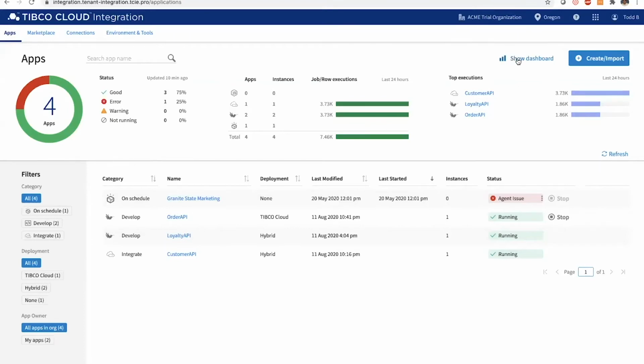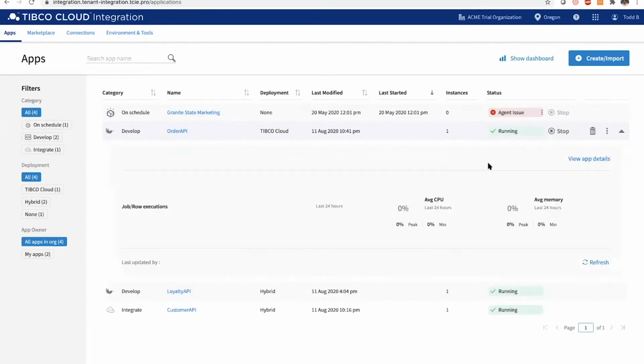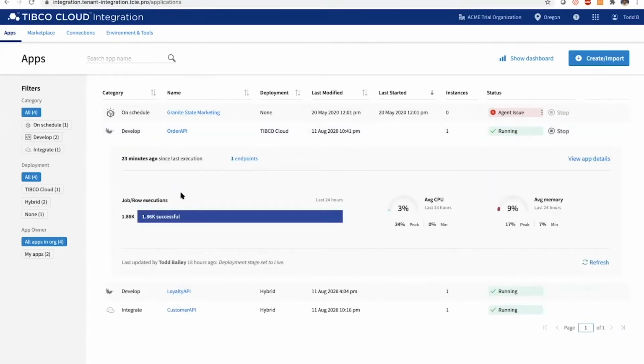If you want, you can choose to hide this dashboard. So let me go ahead and do that and show you the app pick view. In order to access the app pick view, I just need to collapse it by clicking on this option. This will open the app pick view. Here you can take a quick look at your application and understand how it is performing and behaving.